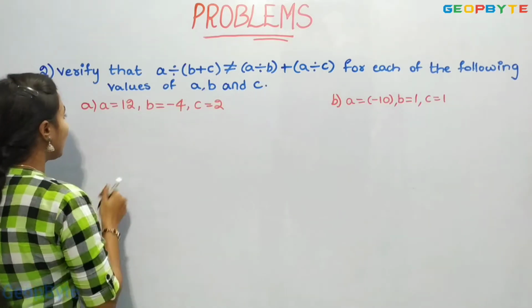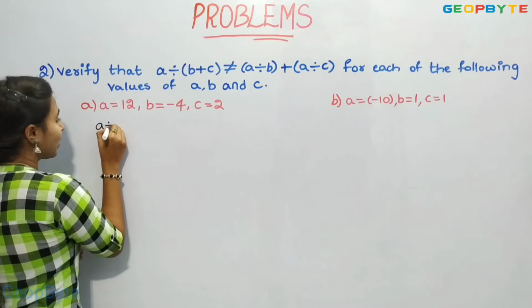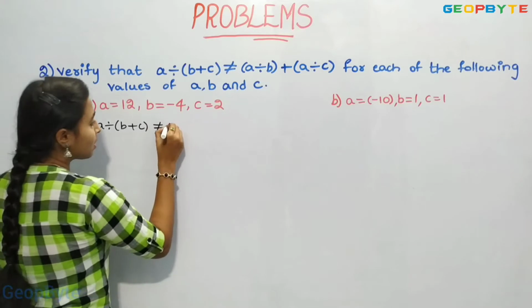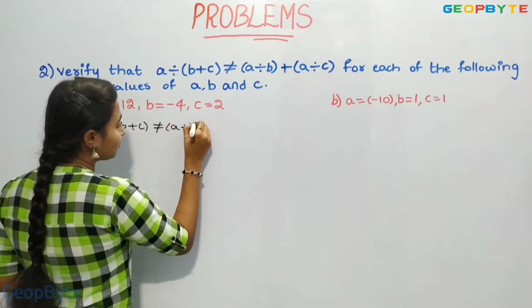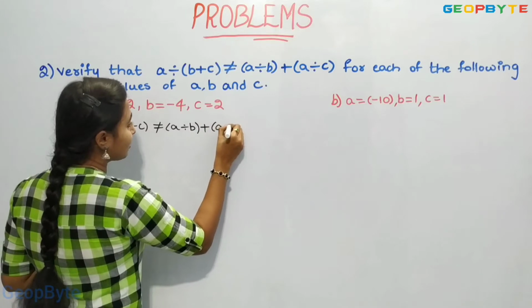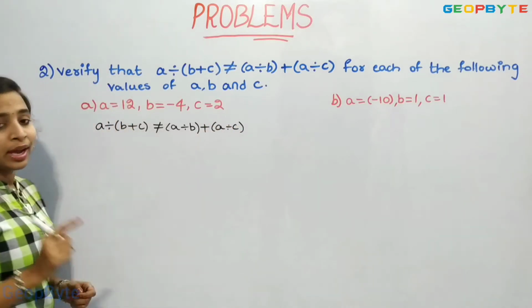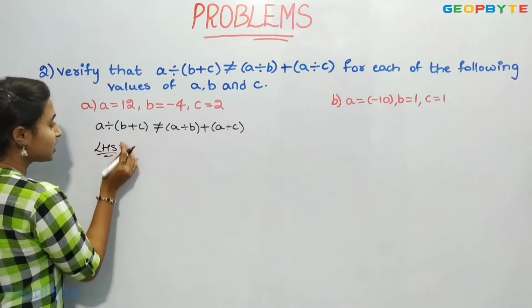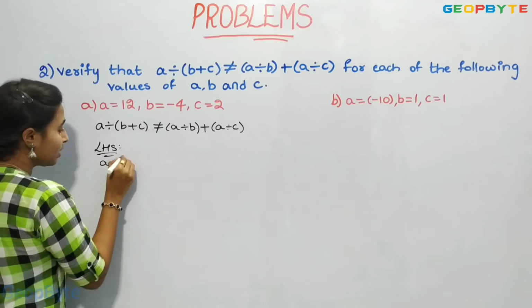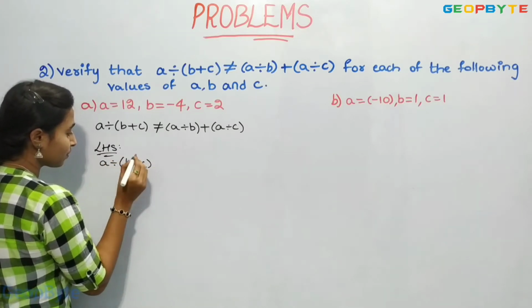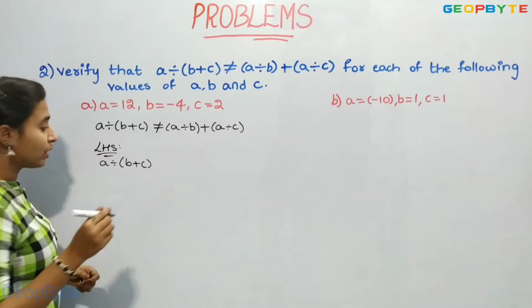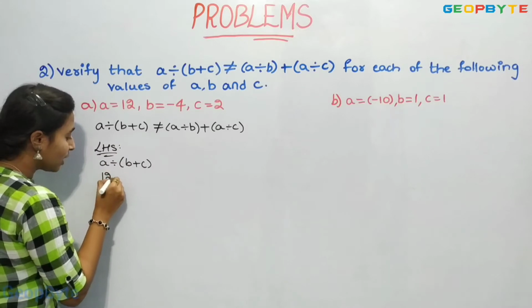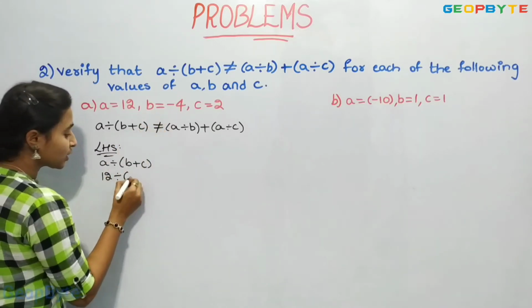Now, let us take the given condition, that is A divided by B plus C is not equal to A divided by B plus A divided by C. Now, let us consider the LHS condition. That is, we have A divided by B plus C. Now, we will substitute the values in this condition. We have A as 12, B as minus 4,